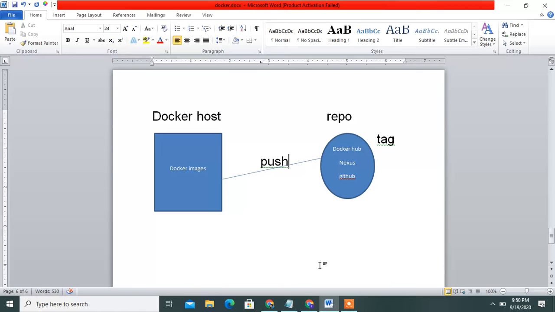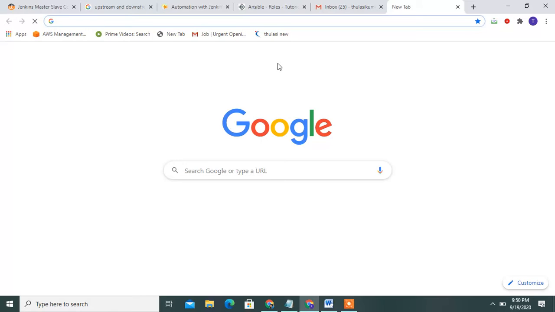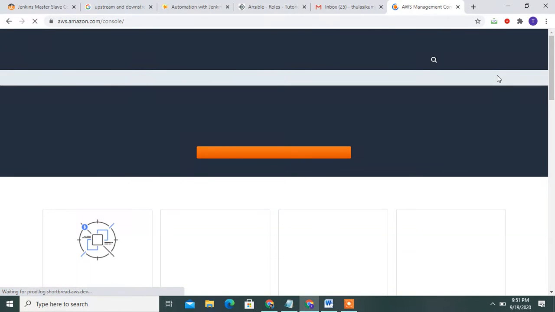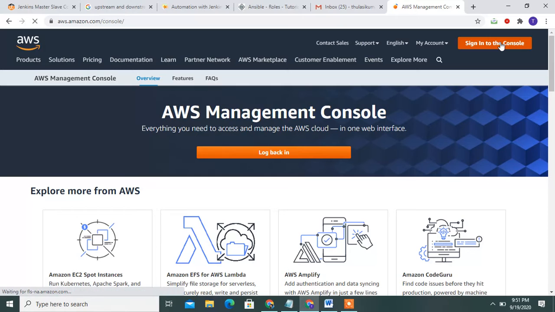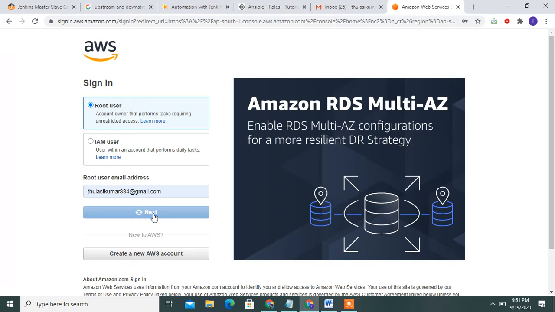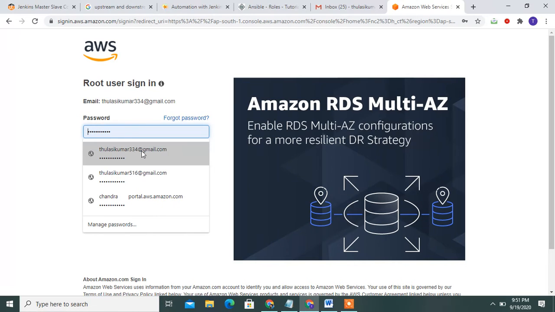Okay, guys, let's go to the practicals. First of all, I open my EC2 servers in the AWS console and log in to my AWS account.